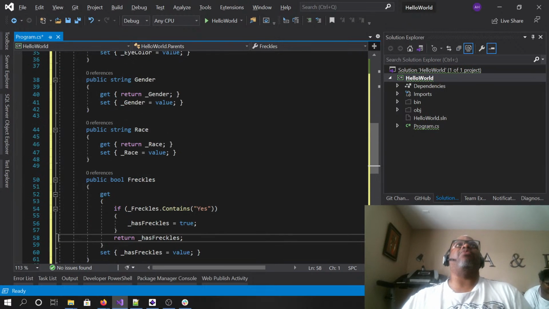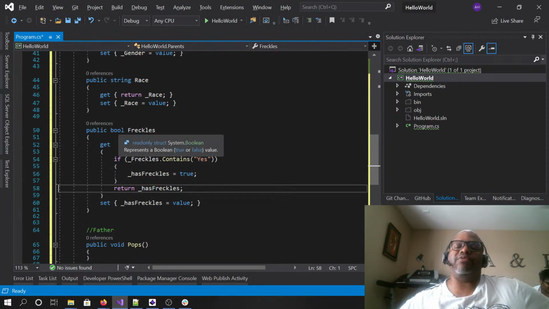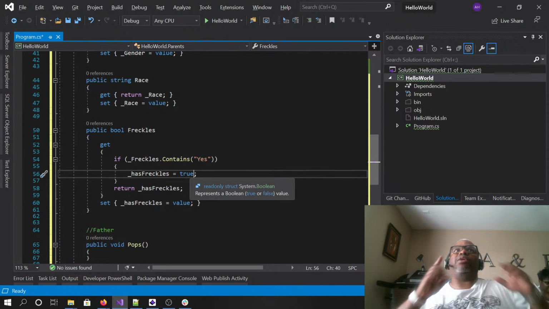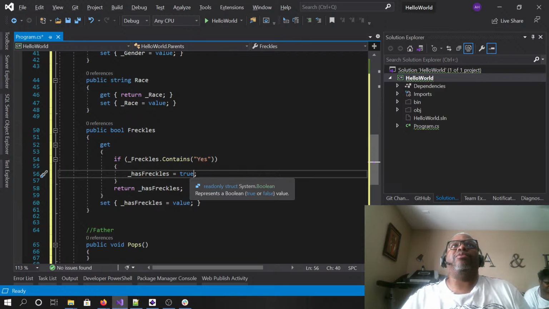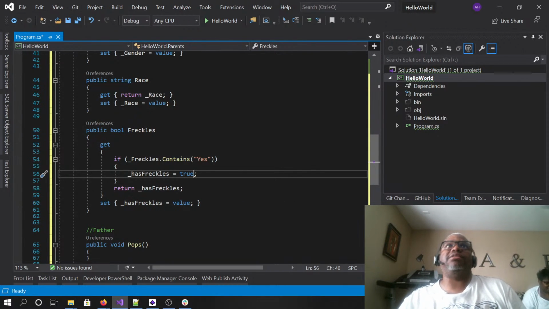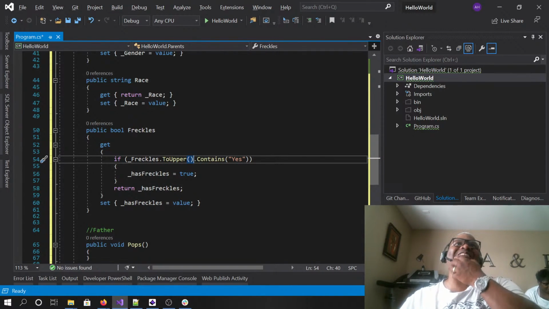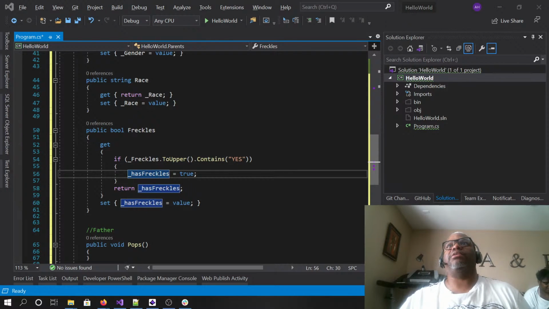Okay. So what did I do here? Since Boolean values can only be true or false, unless you create a null value, a nullable value, we want to always return a true or false. Okay. So if freckles contains yes or no, or it just contains a yes, then what's going to happen is it's going to make this. Oh,